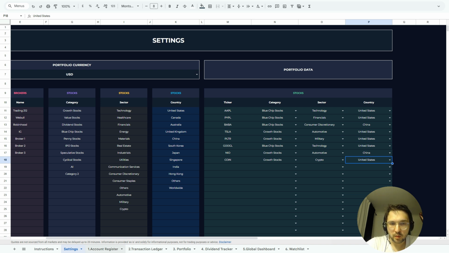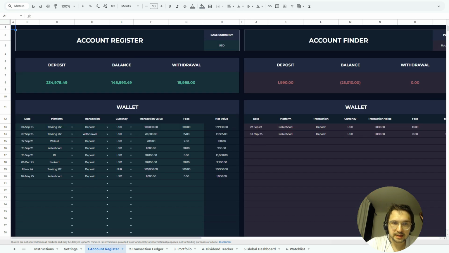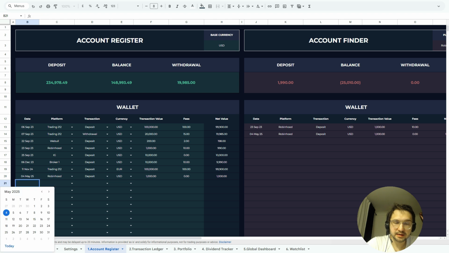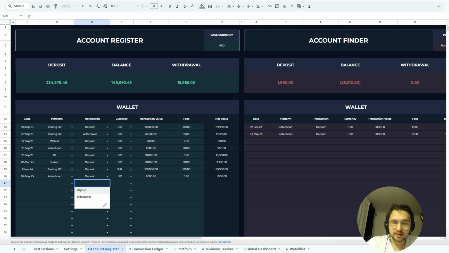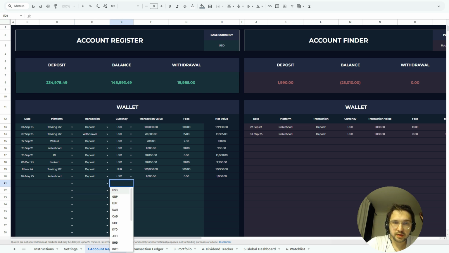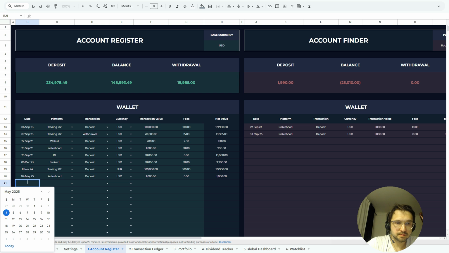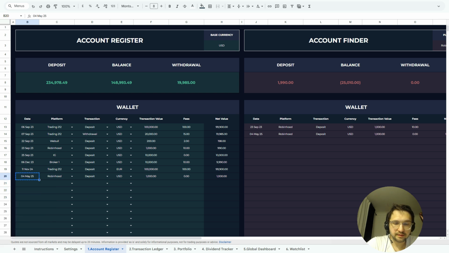There is one thing I found quite useful: an account register, and it's very simple to use. You add the date, then a broker, whether it's a deposit or withdrawal, USD, and the amount. So, for example, I'll add the date once again, Robinhood. Let me put it as a deposit, USD, another 1,000. Let's make it